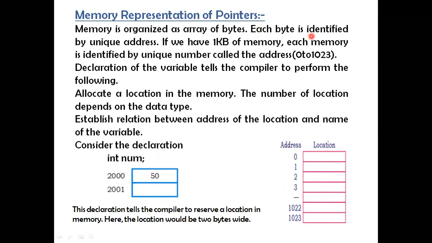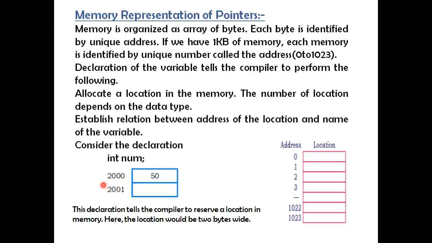That means the computer memory addresses will be different from each other. The first location is identified by 2000 and the second location is identified by 2001. Here, why they have shown only 2? As we all know, integer is a data type which occupies how many bytes? 2 bytes. For that purpose, these 2 memory representations. Instead of integer, if we are using the data type float, which is going to occupy how many bytes? 4 bytes. 2000, 2001, 2002, 2003, like this.